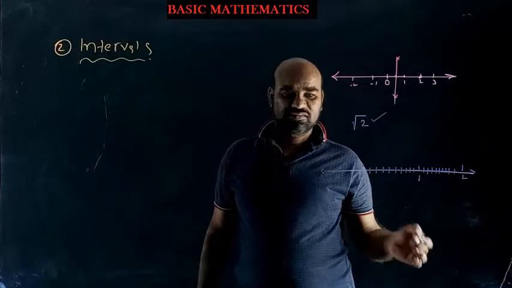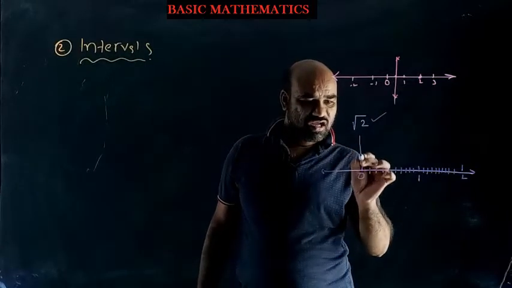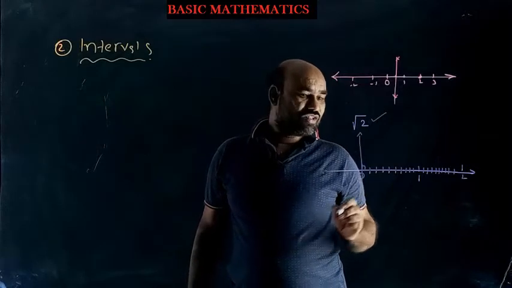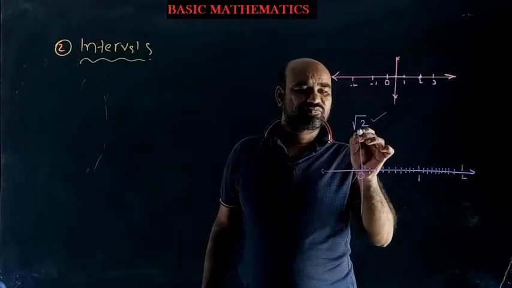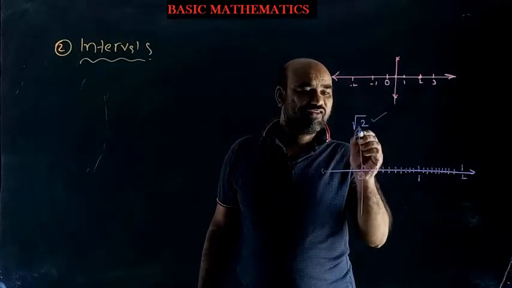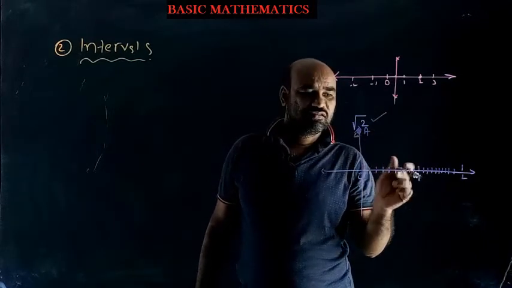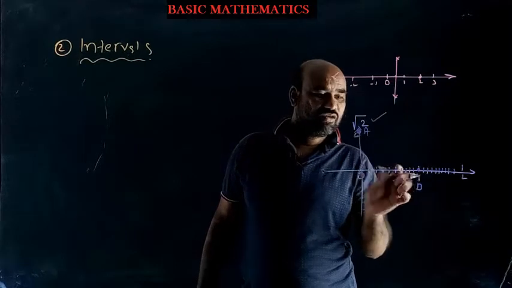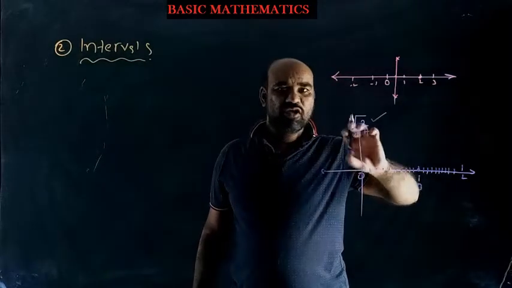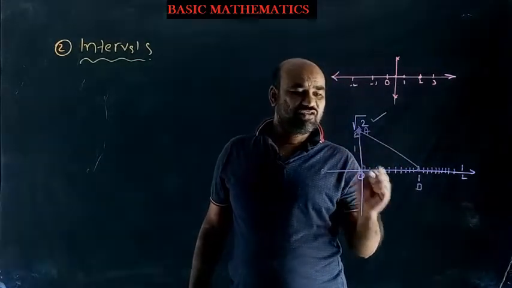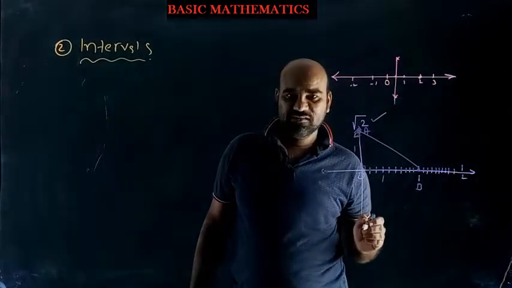Take the number line and at 0 draw a line perpendicular to the given number line. With the help of a compass, identify a point here, say A, so that OA equals 1. So this is, say, B. OB is 1 unit, OA also 1 unit. Join AB. So this is 1 unit, this is 1 unit, it is a right angle triangle.